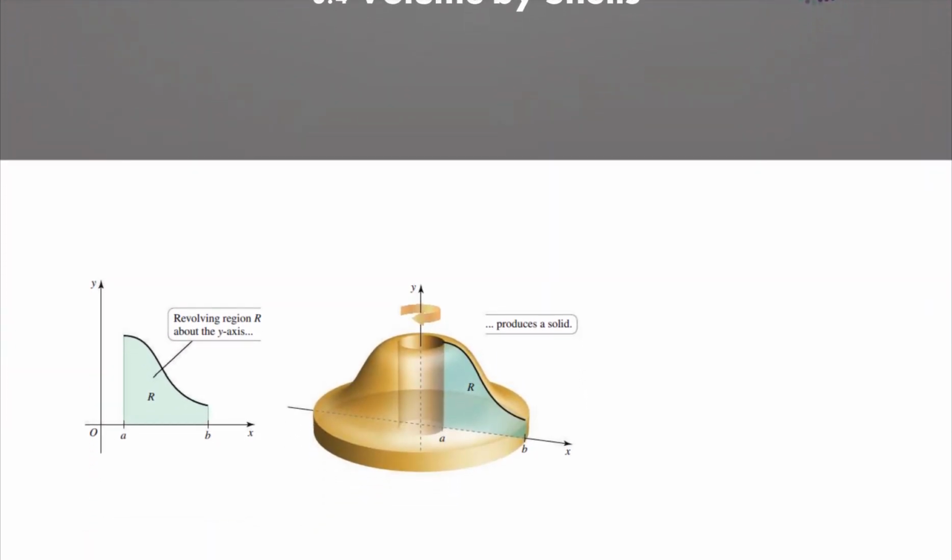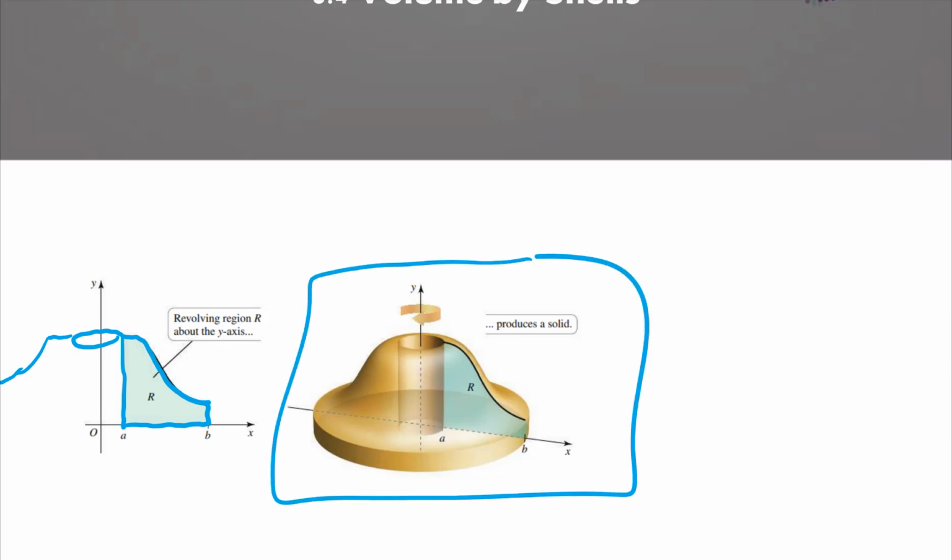So let's say that we have some function. It looks like this from A to B. So that means we're dealing with everything in terms of x's. And then we're going to wrap it around. Well, you can see the picture. We're going to revolve it about the y-axis. So now we're in terms of x